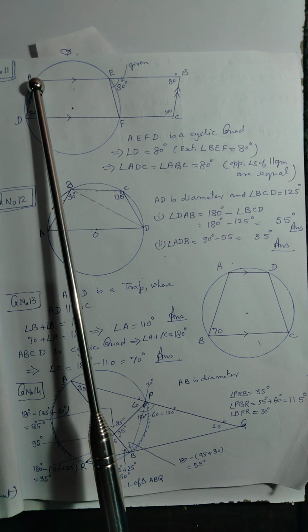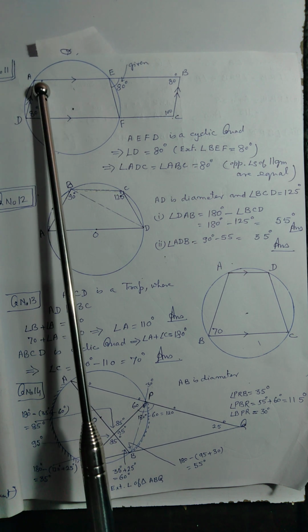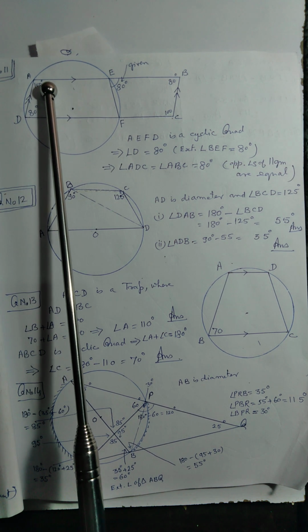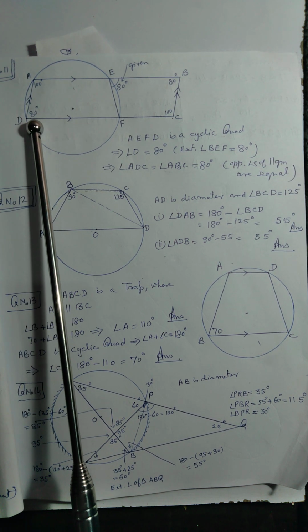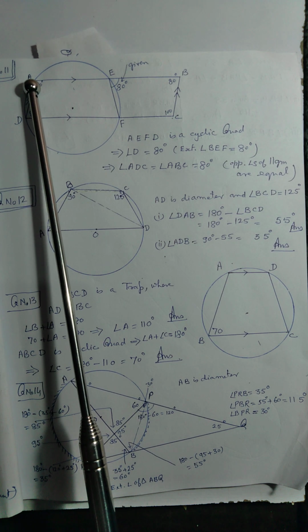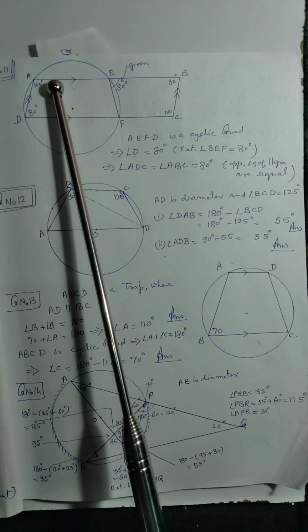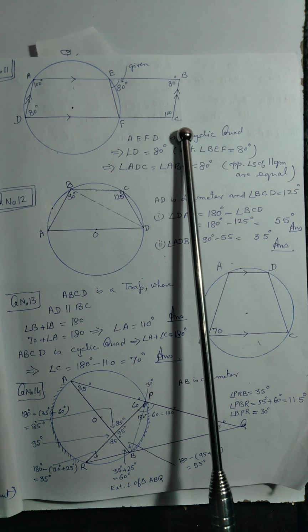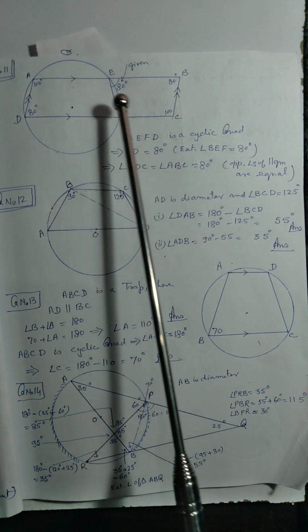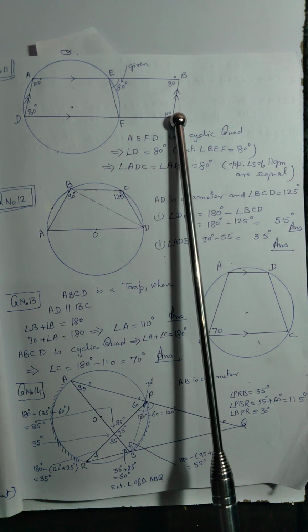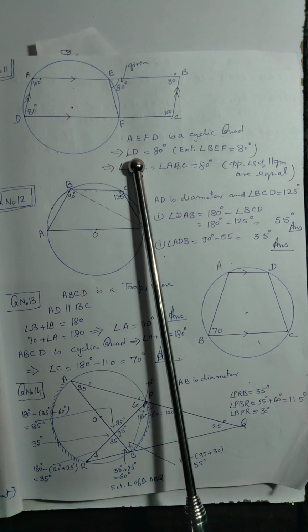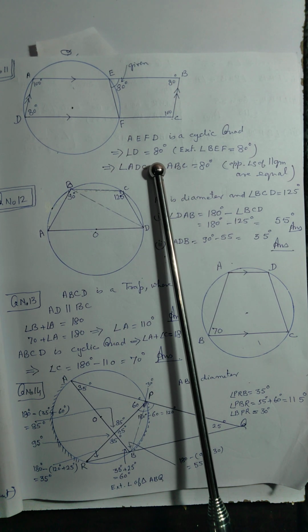So the sum of the angles, interior angles on one side of the transversal should be equal to 180. So it is 80, so it will be 100 degree. So once in a parallelogram, the opposite angle should be also equal to 100 degree. So this angle A is 100, angle C is also 100. D is 80 degree, B is also 80 degree. You see, the angle D is equal to 80 degree.